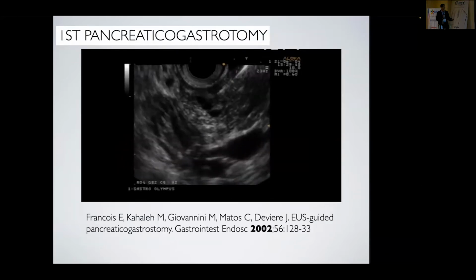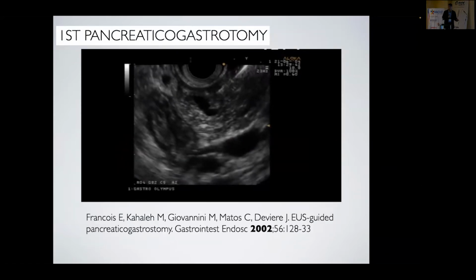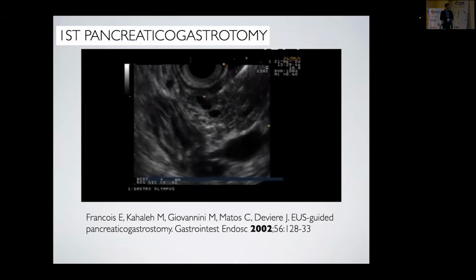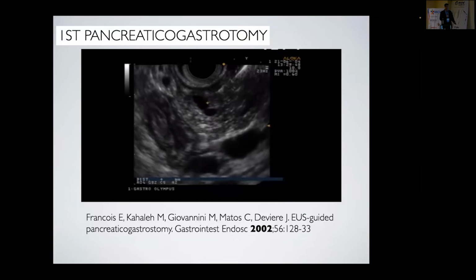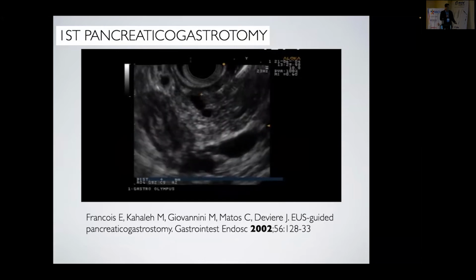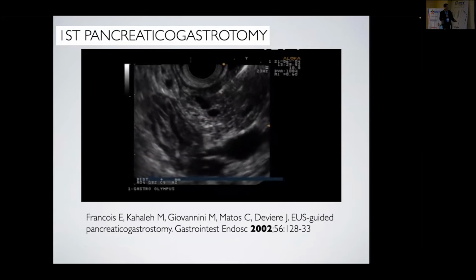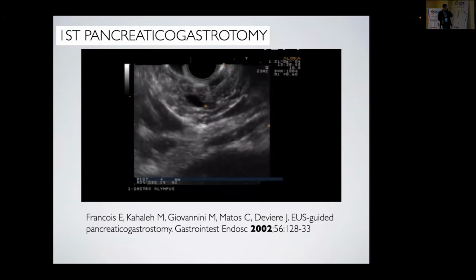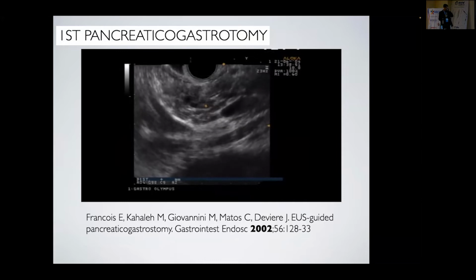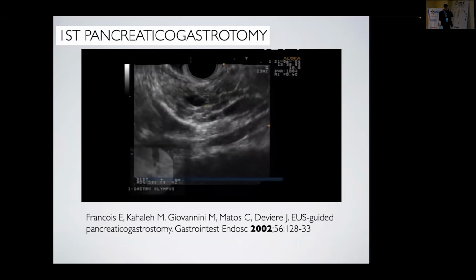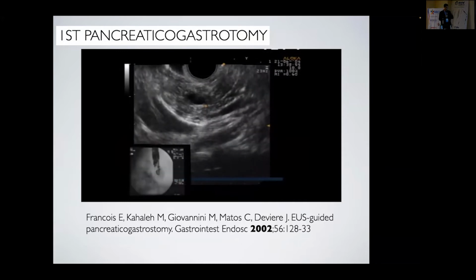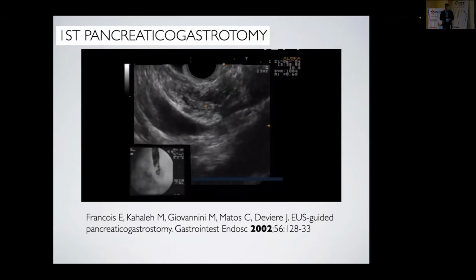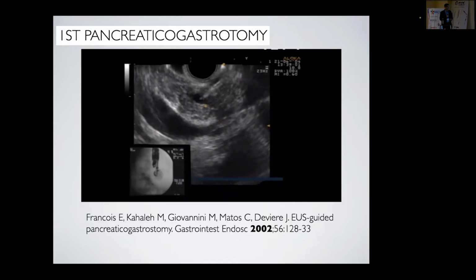So that is the first pancreatico-gastrostomy performed by Marc Giovannini in the Congress of Jacques de Vier in the beginning of the century. You see the image is a bit old. He performed his first gastrostomy during a congress. I think it's not possible now. He punctured the pancreatic duct,